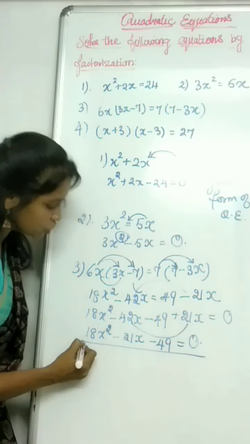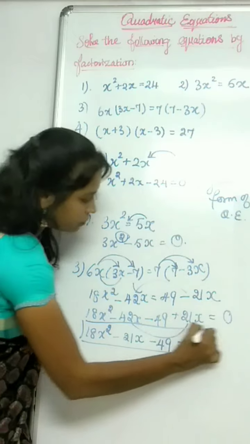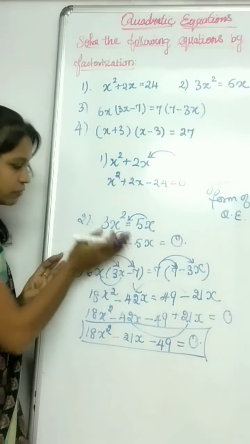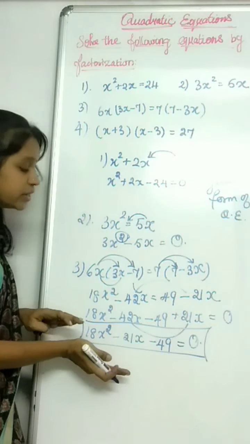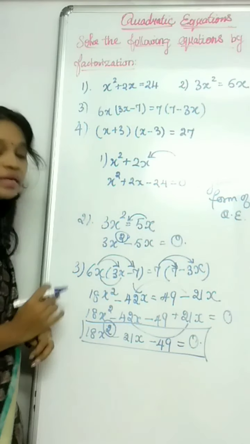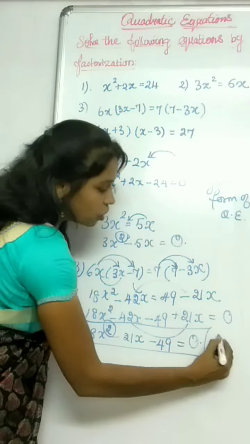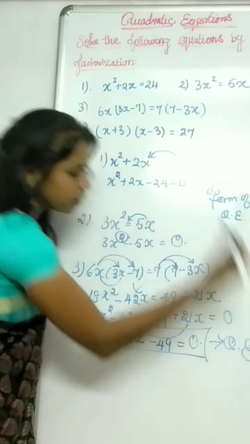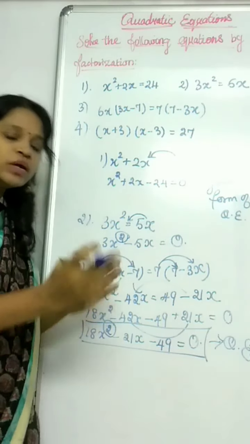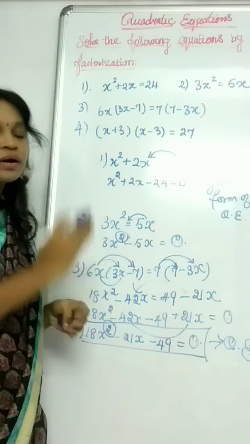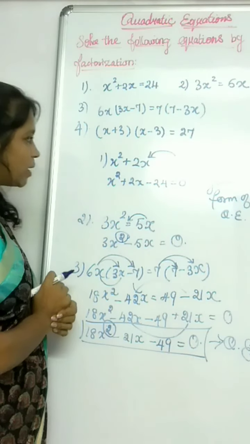So now just look at your terms. Here, what do we have? It has finally arrived. We have solved and arrived at the form of a quadratic. The highest degree is 2, which means it is a quadratic equation, right? This is your quadratic equation, okay? So only after solving can we find out whether it is quadratic or not quadratic.